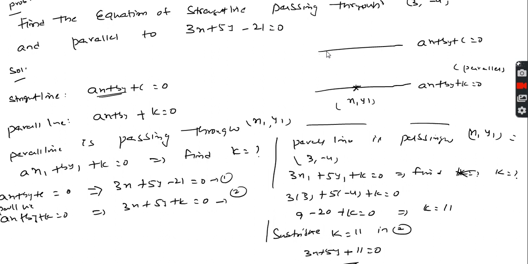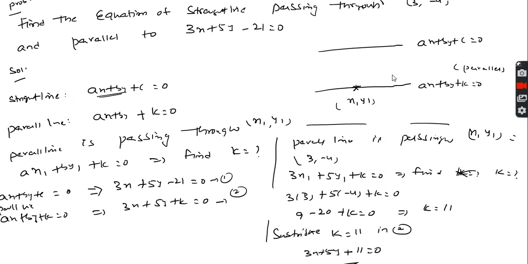Here this is a basic equation. What is the basic equation? The basic equation is ax + by + c = 0, and we take the parallel line. A parallel line is nothing but one where these two terms, ax + by, stay the same. Just the constant will change. So here, instead of c, we have k. We need to find the k value.